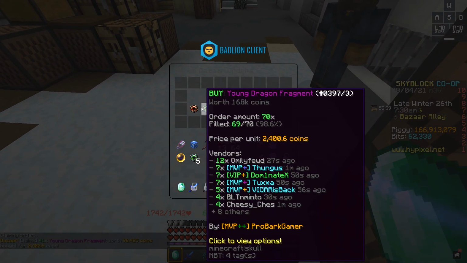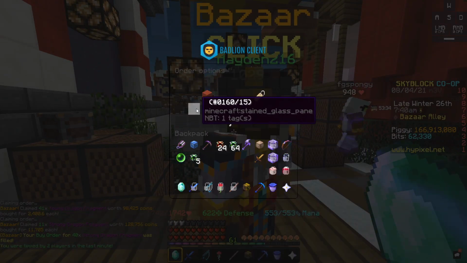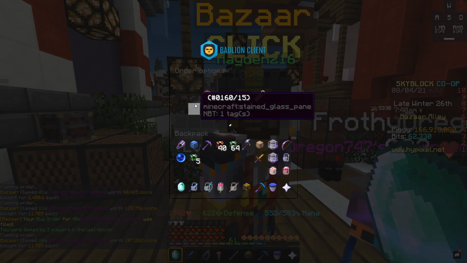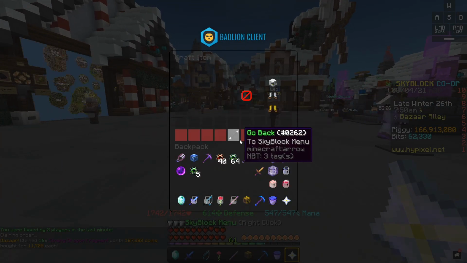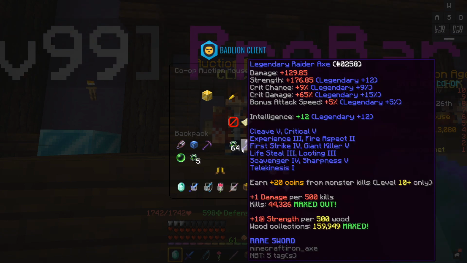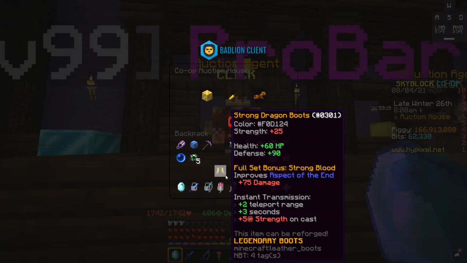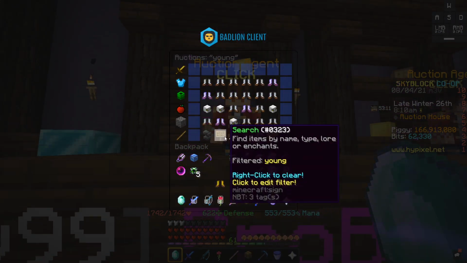Now, as we can see, I've literally claimed all but one, and now it's filled. So once again, just to prove, both of my fragments have filled. This one still technically needs one more, but who cares? So now I can craft up strong dragon boots, and then I can craft up young dragon leggings. I can do all these three flips: unstable boots, strong boots, and young leggings in less than 2